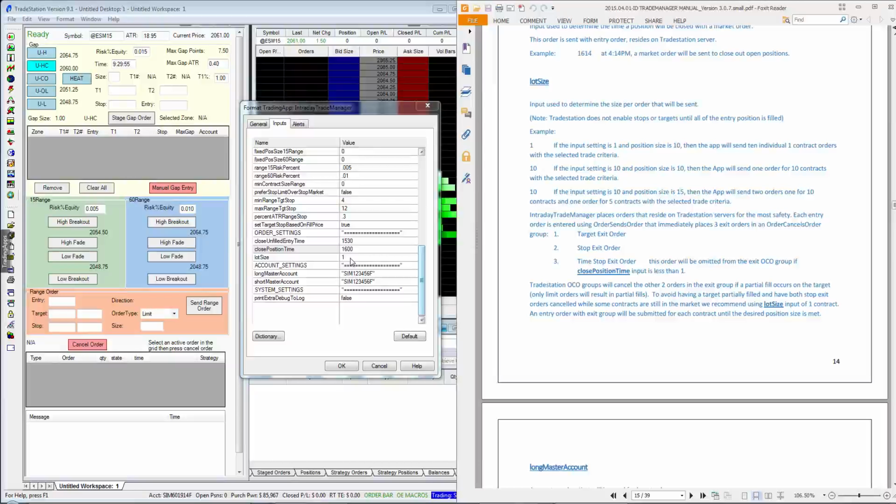So if you want to limit the risk of having your target or stop canceled, it's really target or stop canceled because your target is partially filled. For an example, if you had 10 contracts and they were all grouped in one lot, so this lot size was 10, and the target was hit and 5 contracts were filled, the way the OCO group works with this app, all your stop orders would be removed because